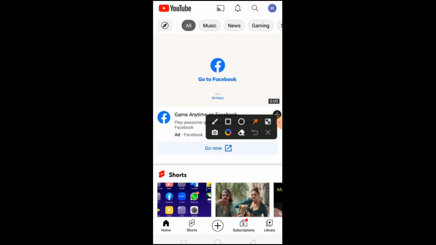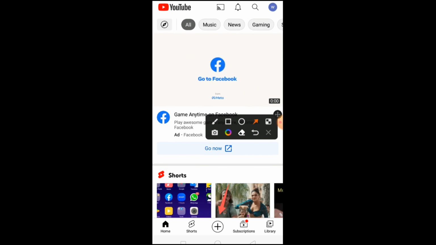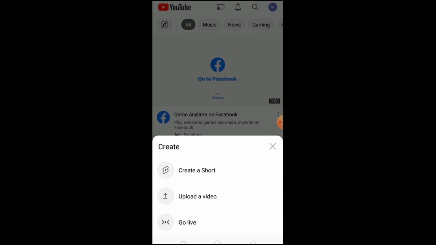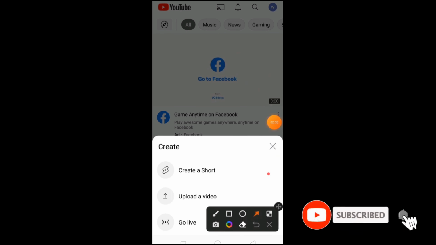Now below is the plus icon. Clicking on the plus icon. Okay friends, clicking and create a short video. Okay, this is to create a short video. Okay friends,